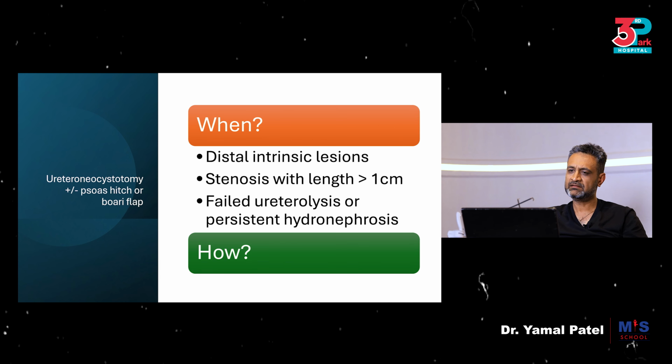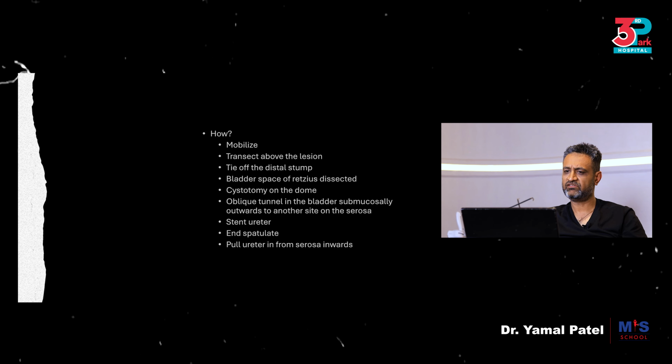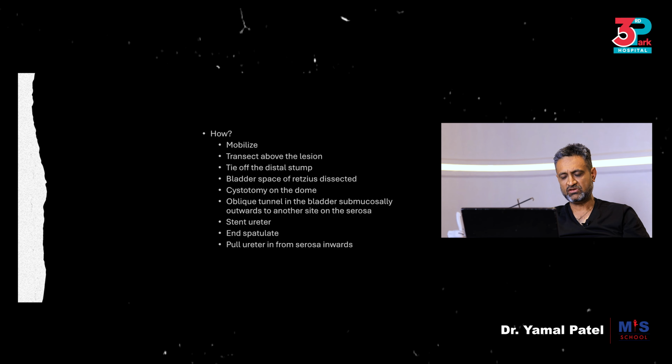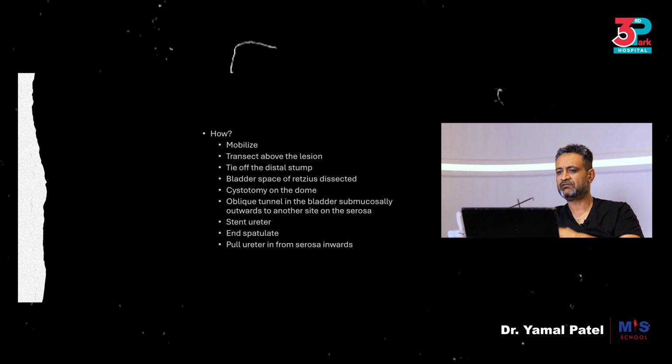How would this be done? Again, you would mobilize the ureter completely. You would then transect just above the lesion, tying off the distal stump. You would then create a bladder space of Retzius dissection to free the bladder and so that it falls